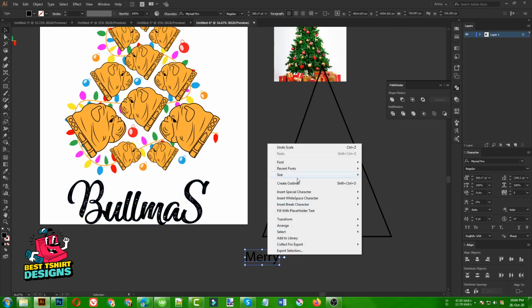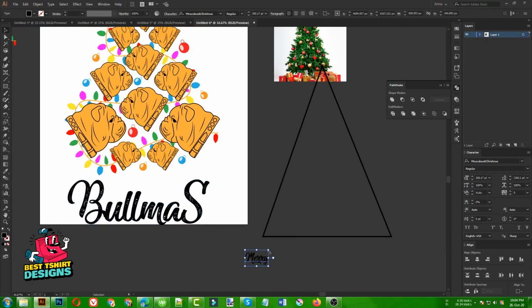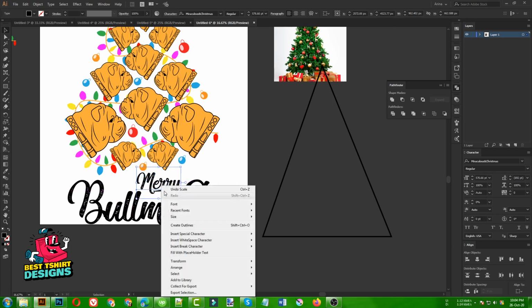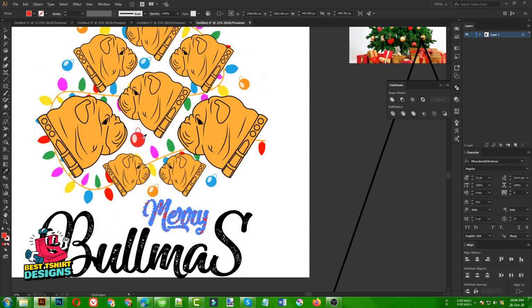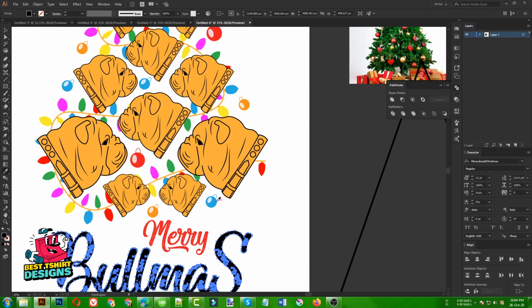Now I need to select that font, go to recent fonts, Miraculous Christmas. That is good. I'm going to keep it something like this, maybe a bit smaller in size. Again break it. Then I need to make this red or any color I want.